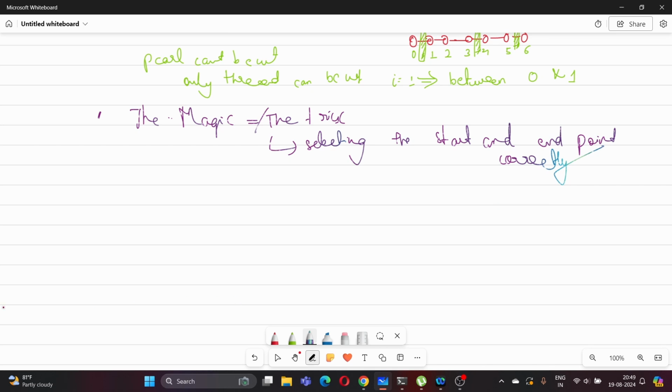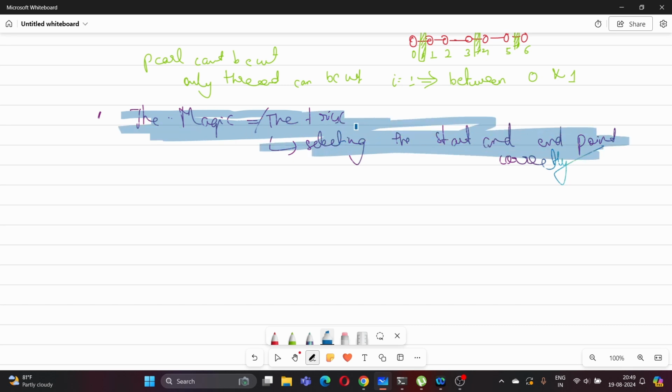That's the magic. This is all we need: where to find the start point and where to find the ending point, right? And how will we do that? Imagine it